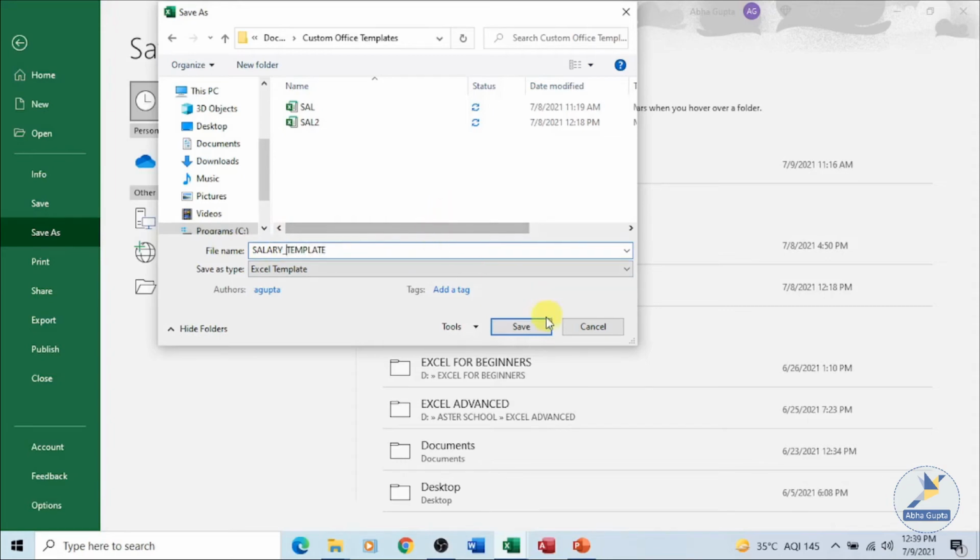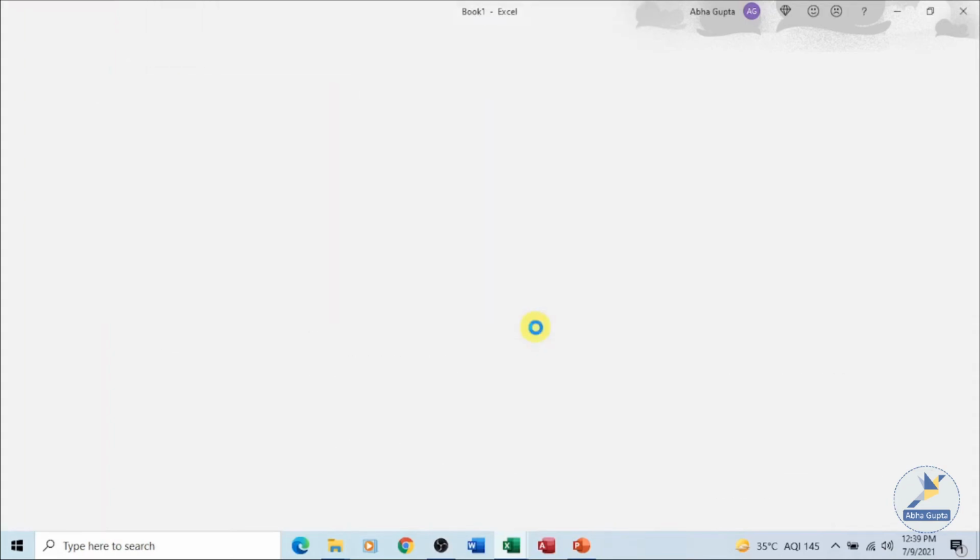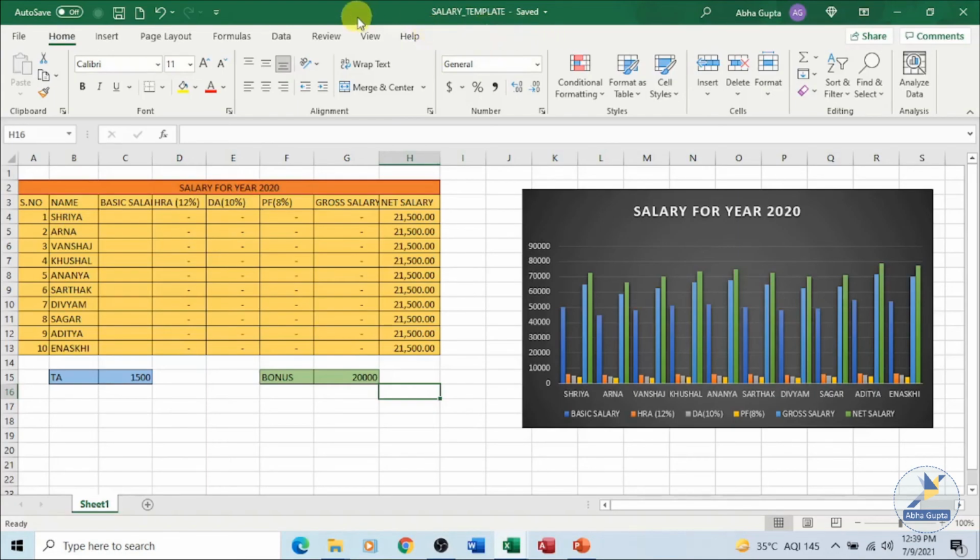This is the name of my file, and click on Save. Your template is being saved as salary template. So what we have done, we have created a sheet with some formatting, data, formulas, everything in place. Simply we have saved it as an Excel template.